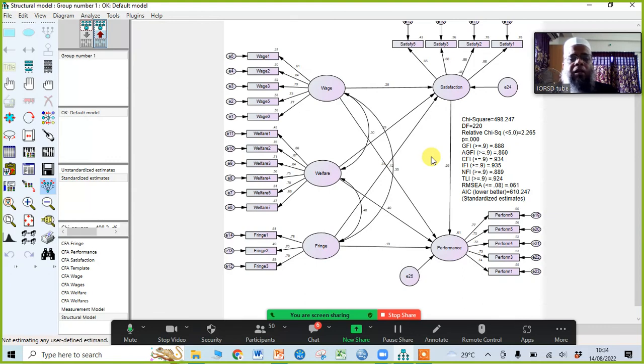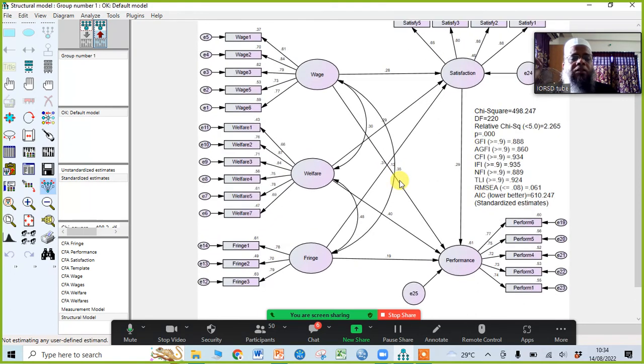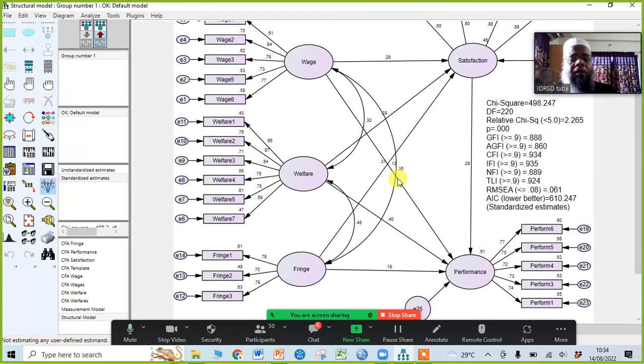One thing I would like to show you: if you don't understand which value is which, like this 0.35, whether it is the value of this covariance or the beta value of this relationship, you can move the parameter values. Like this, 0.12 is the value for this relationship, OAs and performance.